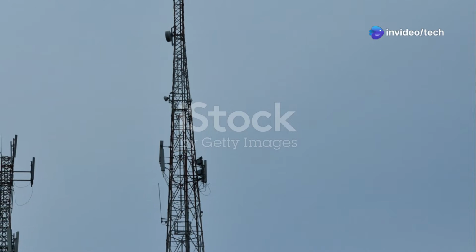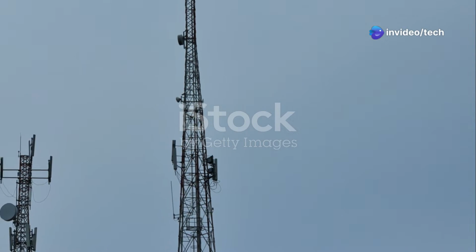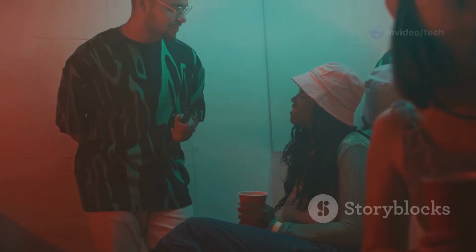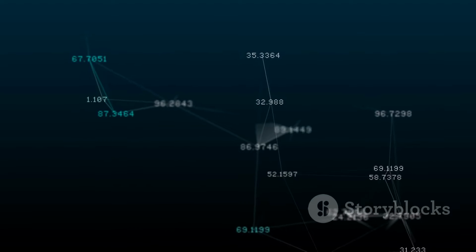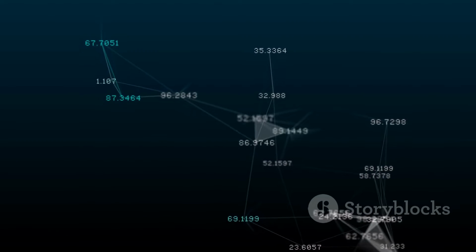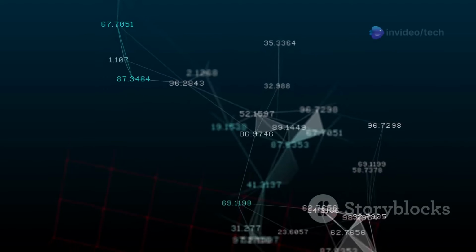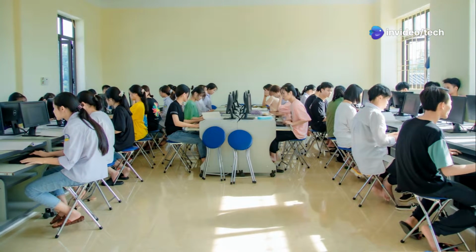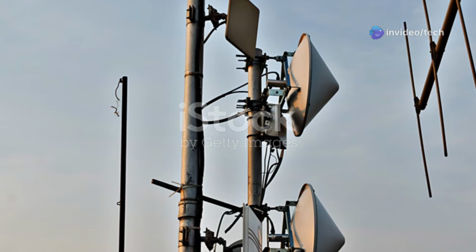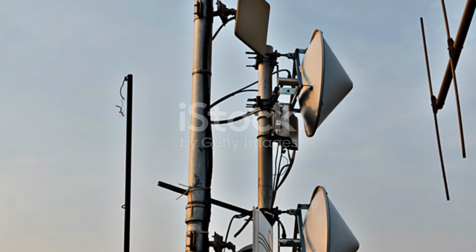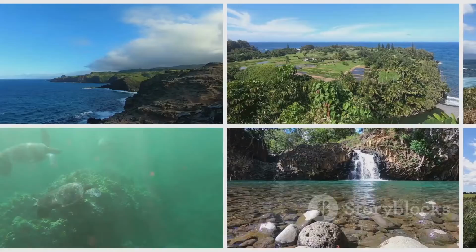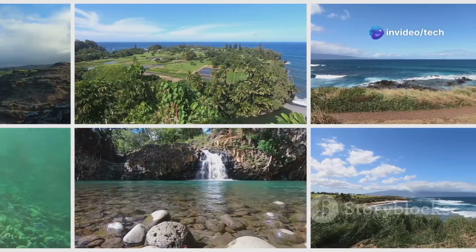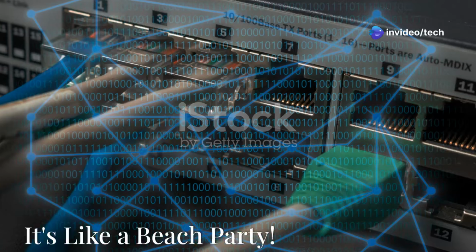Picture this: a bunch of computers on different islands, all wanting to send data over a single radio channel. It was like a party where everyone's trying to talk at the same time. The Aloha protocol was invented to bring some order to this chaotic communication. Developed at the University of Hawaii, Aloha was a game changer. It was simple, elegant, and laid the foundation for the wireless networks we rely on today. It's amazing how a technology inspired by the laid-back vibe of Hawaii ended up shaping the future of communication.